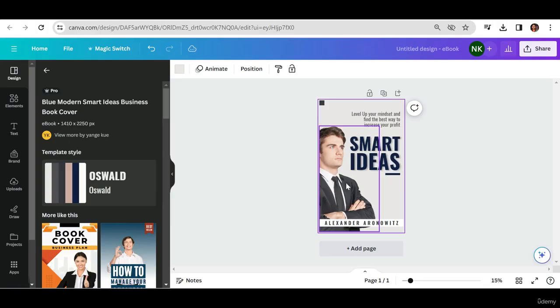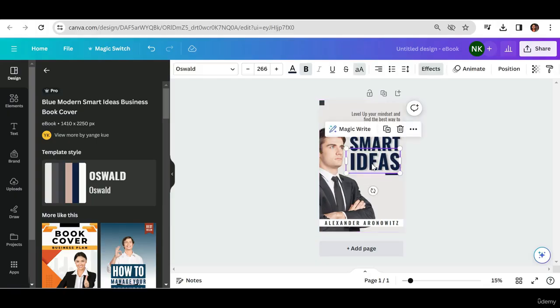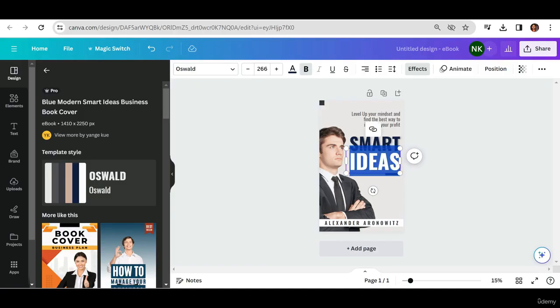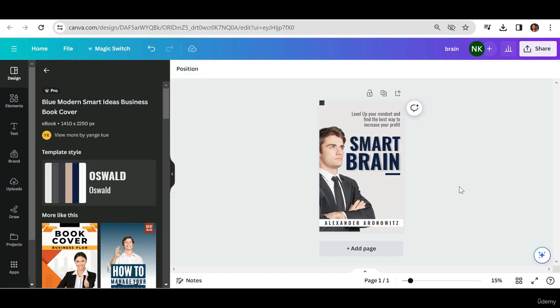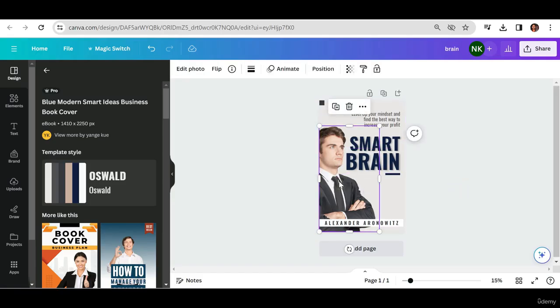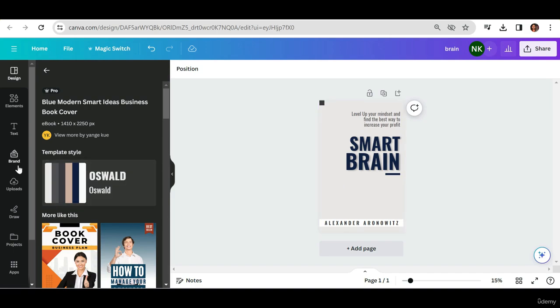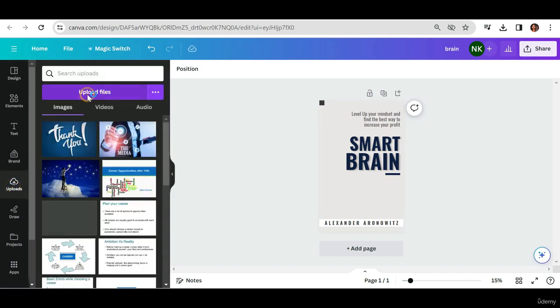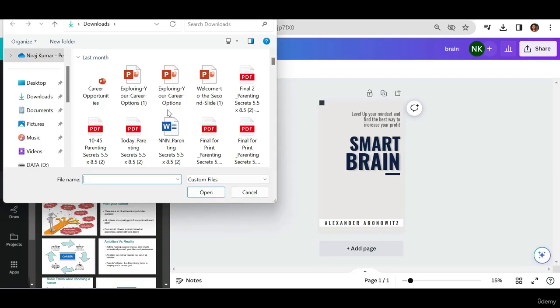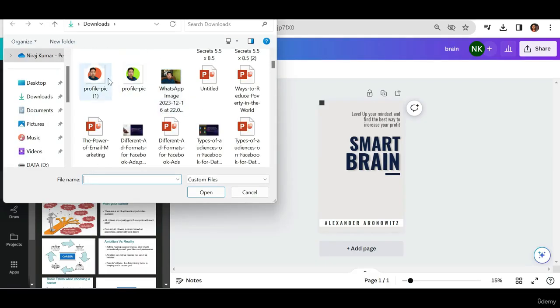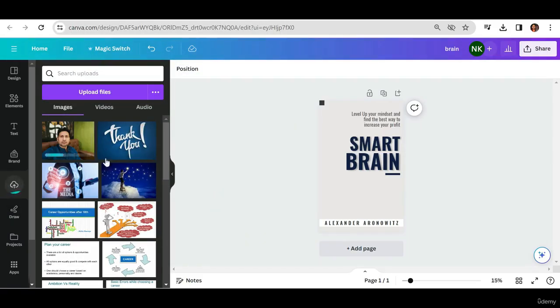So you can see here smart ideas, you can change smart brain, and you just make it small, done. And if you want to change the picture you just simply delete it and you upload your own picture, upload, and come down. Okay, suppose I want to upload this picture, I will simply upload it